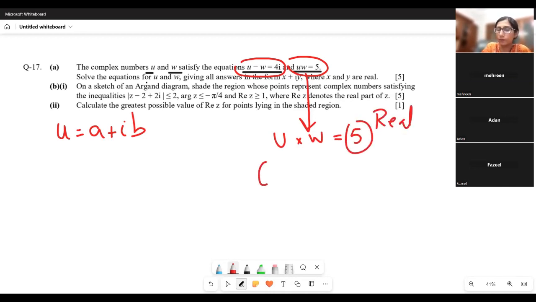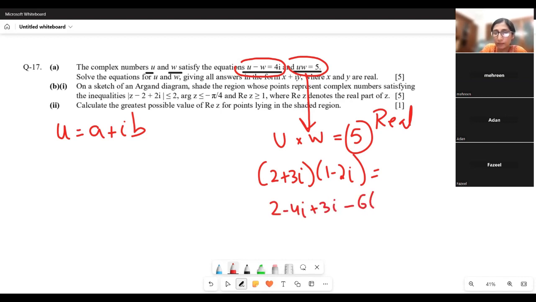Let me give you two complex numbers, like 2 plus 3 iota and 1 minus 2 iota. If you multiply these, where does the iota go? How come this product does not have an iota? Because if you multiply this, you get 2 minus 4 iota, then plus 3 iota, and then minus 3 times 2, 6, and then iota square is another minus 1. So if you simplify this, you do get an iota term. But why is there not an iota term